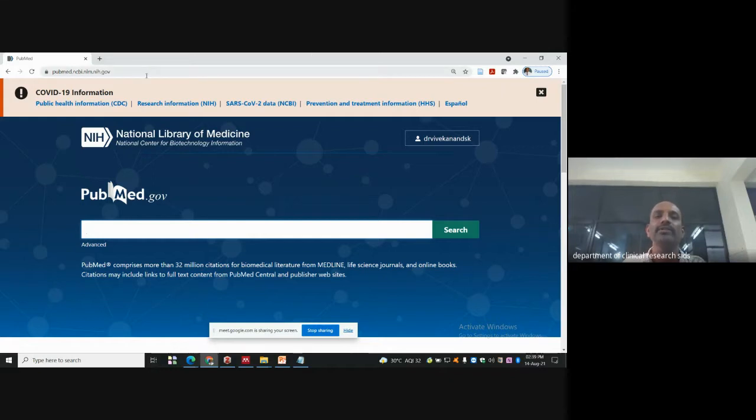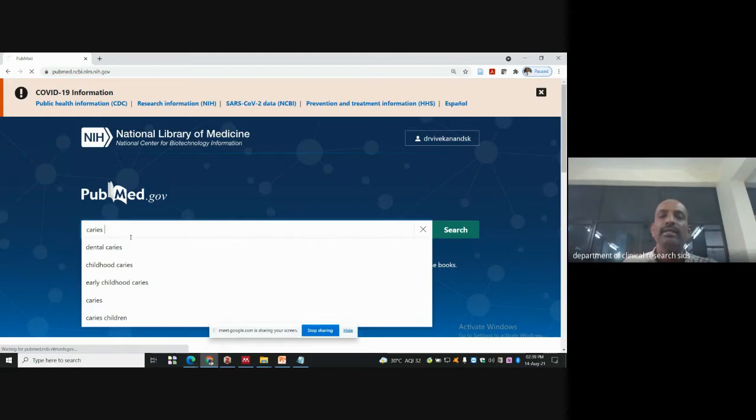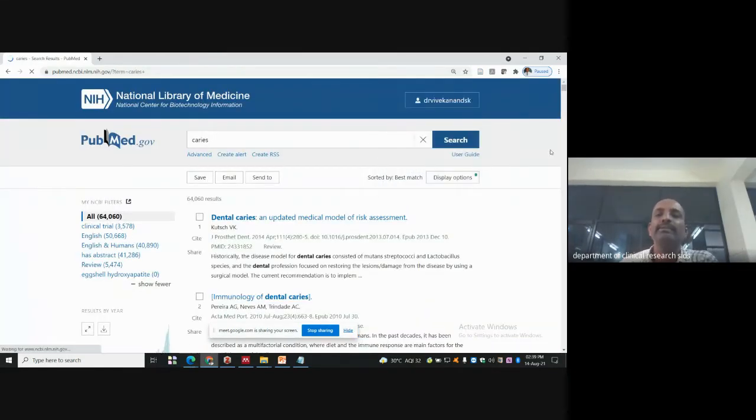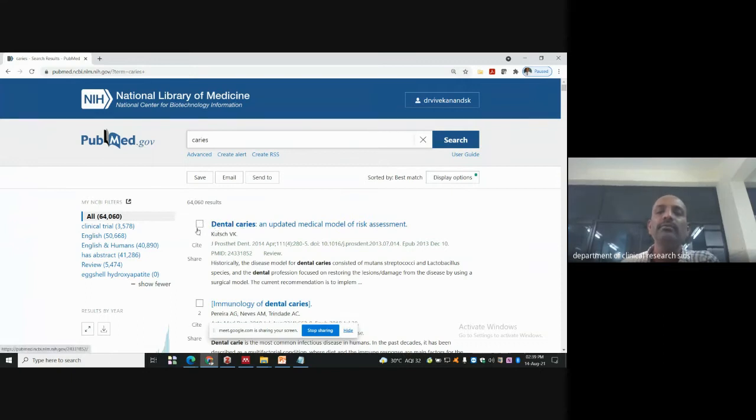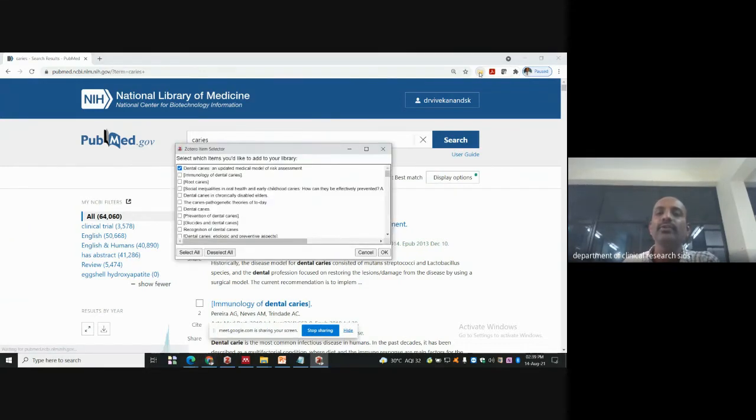Okay, if I want to search in PubMed, I am just showing you how the search engine is going to help in saving to the reference manager. Okay, my results have come here. Now I want to click one result and see here the Zotero. So I click on Zotero, and it will save to Zotero. Already my Zotero is open on the desktop.